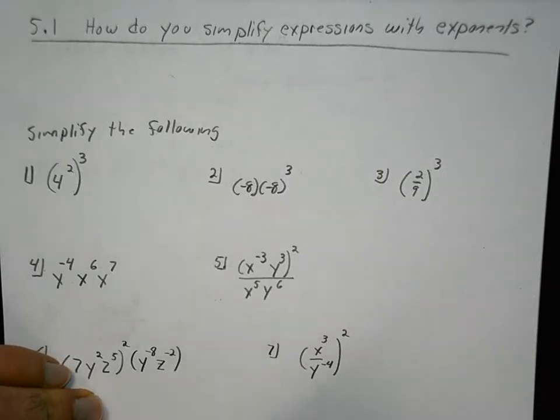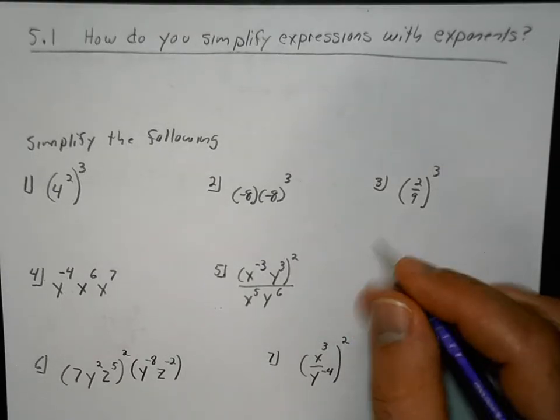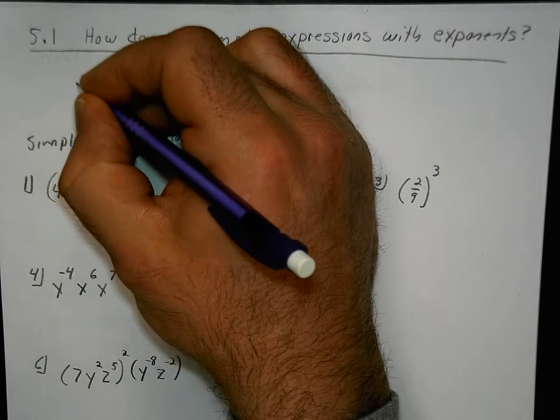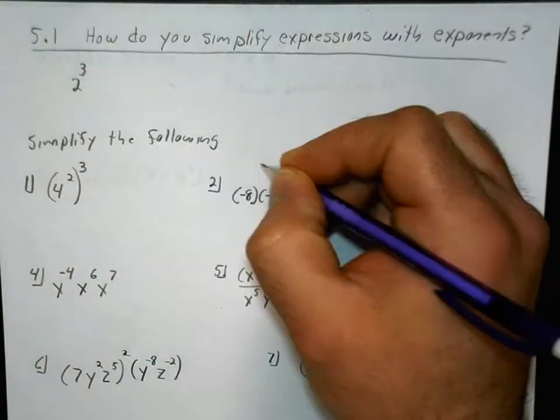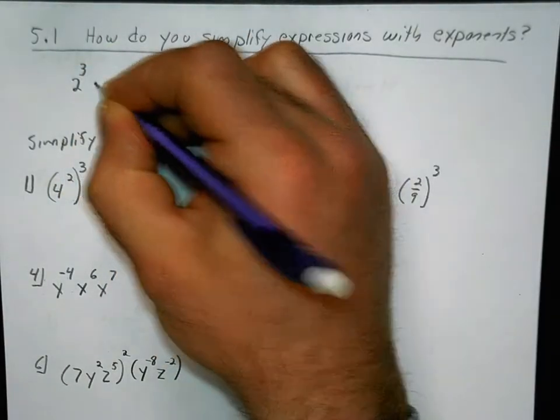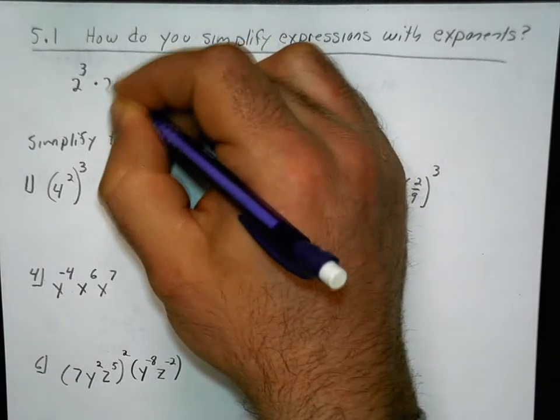Okay, today we're looking at section 5.1 and we're looking at how do you simplify expressions with exponents. So we're going to study properties of exponents in this section. Okay, so some of it should be review, however we're extending it a little bit. So for example, if I had 2 cubed and I want to multiply it by 2 to the 5th,